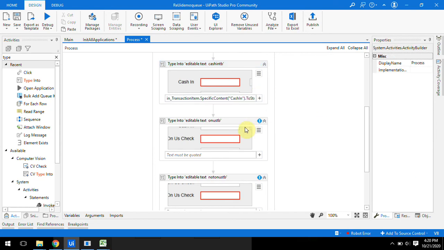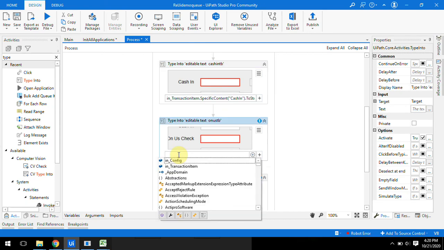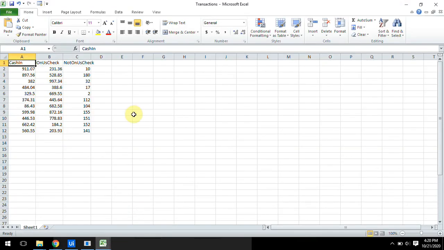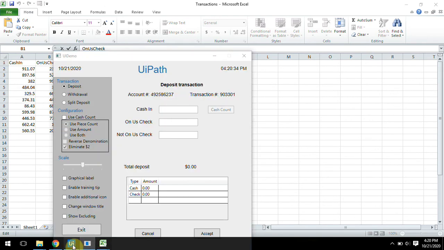The first one is completed. For the second, we use the same transaction item dot SpecificContent. Again, the second value we have to copy is ones check. Just copy and paste, don't type, because there might be a spelling mistake.